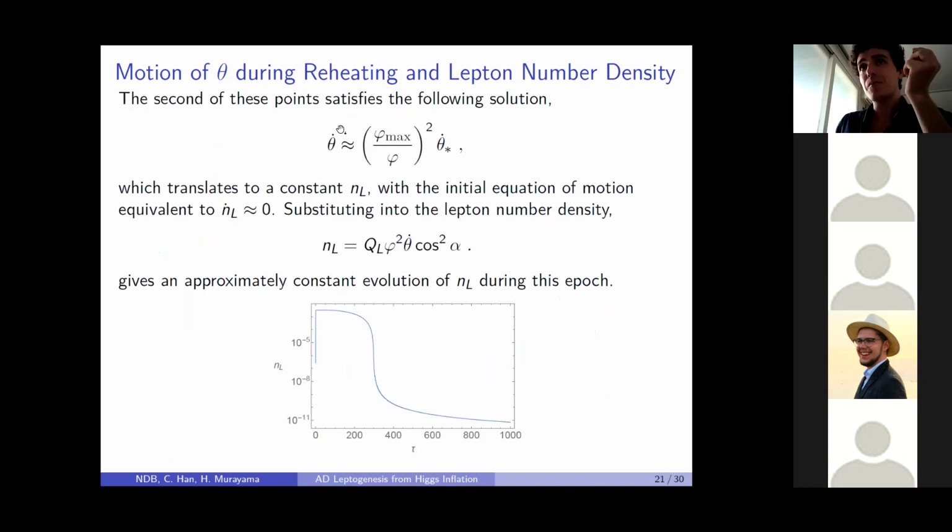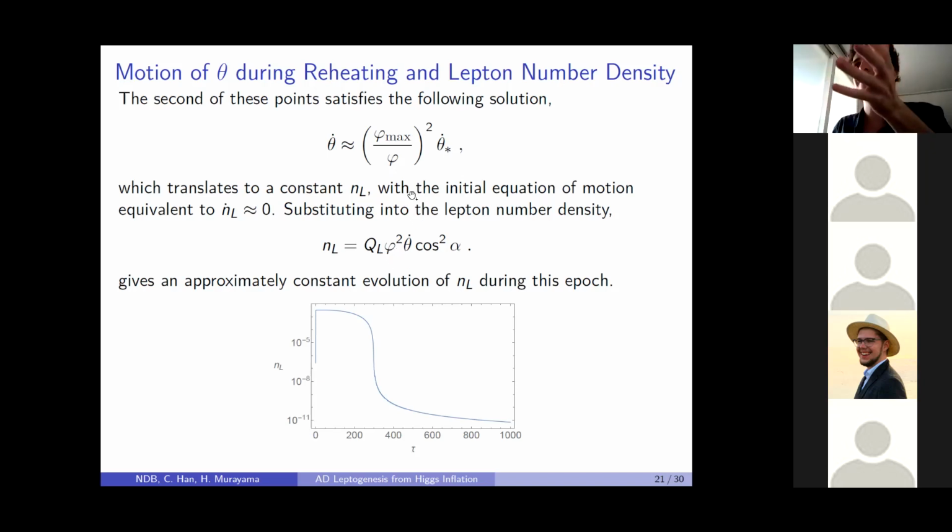So that what theta dot we have is approximately, if you consider those maximums, whatever the maximum of the phi is divided by the phi at the max, and then multiplied by whatever the initial theta dot was. And so this theta dot star is what I was saying at the beginning of reheating, kind of, is defined by this terminal velocity. This is not a great explanation, but I hope that makes sense.